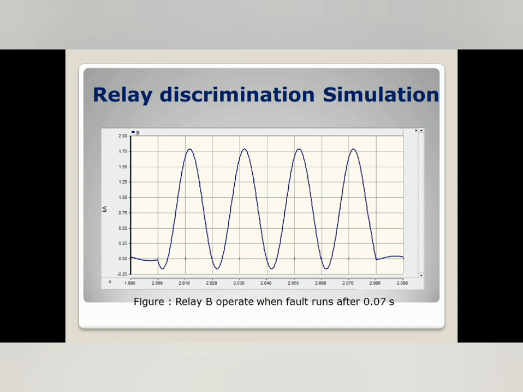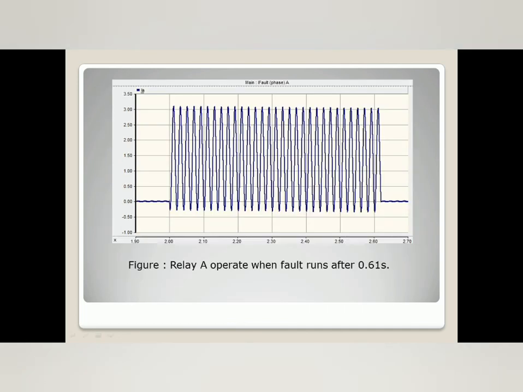For the relay discrimination simulation, the breaker needs to open when the fault occurs at the right time according to the calculated value. This is to prevent damage to the equipment in the power system. It is shown that the fault occurs at 0.2 seconds, which makes the current spike until it reaches the maximum value of I fault, but the relay only starts to operate at 2.61 seconds. This is because relay A is a backup in case relay B cannot operate.